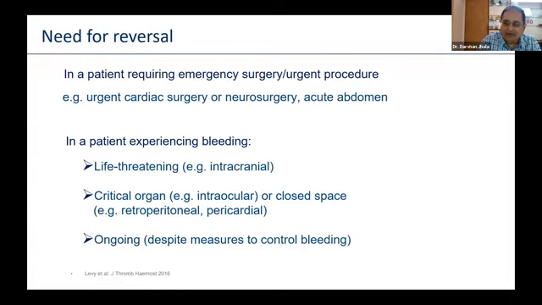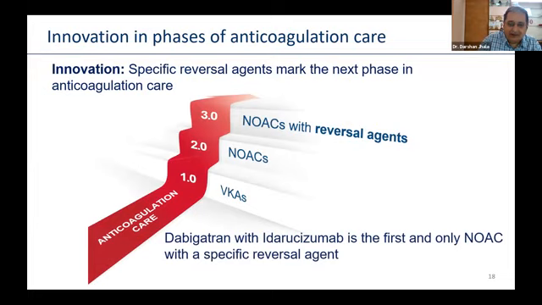And that is why we now come to this newer era. For 50 years, we had nothing but warfarin. Then we came to the novel oral anticoagulants. The journey began with dabigatran. Then the second drug was rivaroxaban. And finally, the third one was apixaban. Edoxaban, of course, is not available in India.